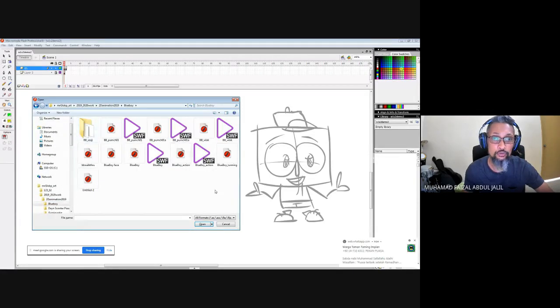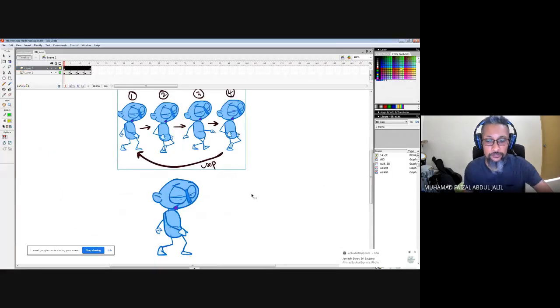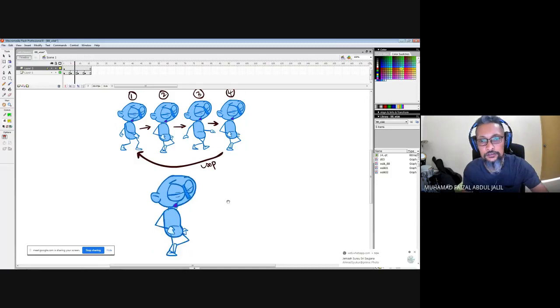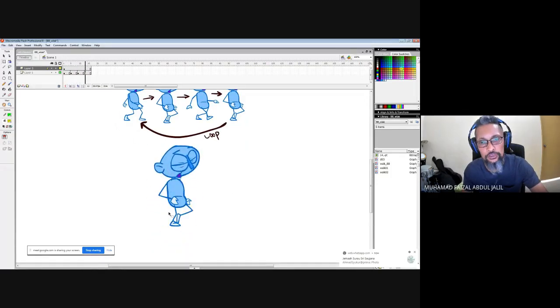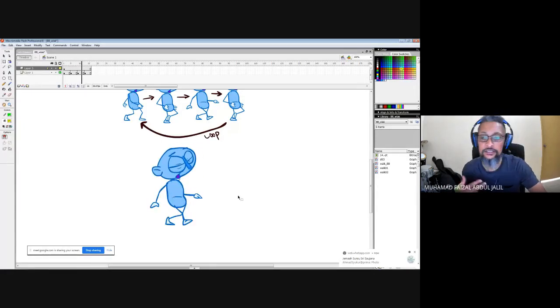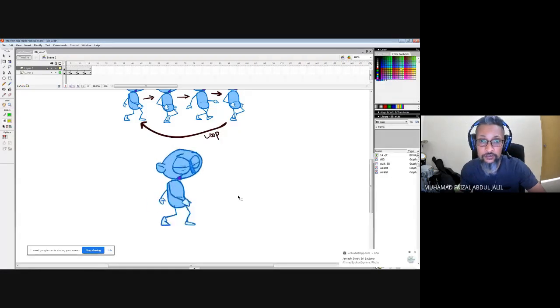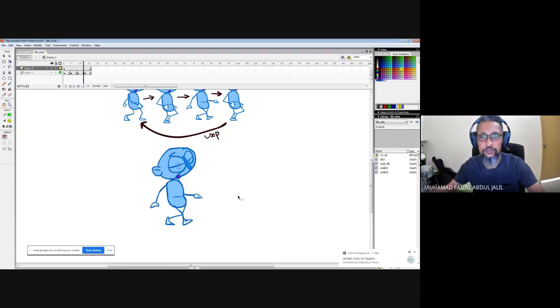Okay, this is the one. For these animated motions, I'm using only 4 different motions, and then we loop them. So we also work smart on that. At the same time, we understand the discipline and the rules of the motions that we're going to learn from time to time, that they follow all those principles.